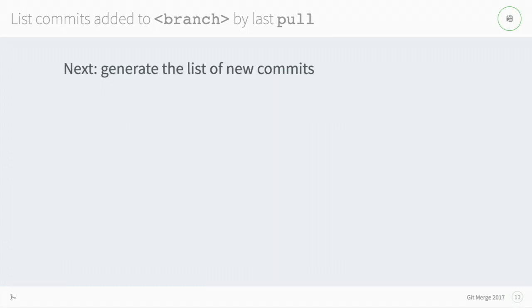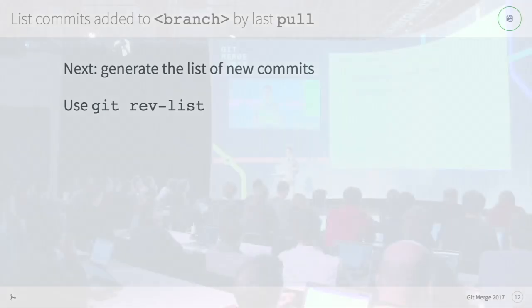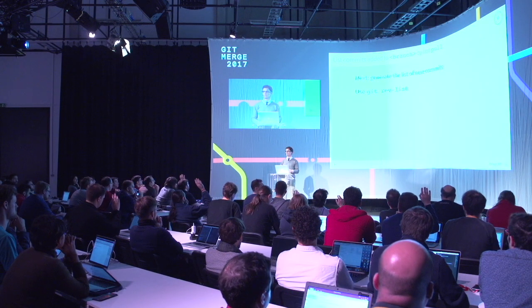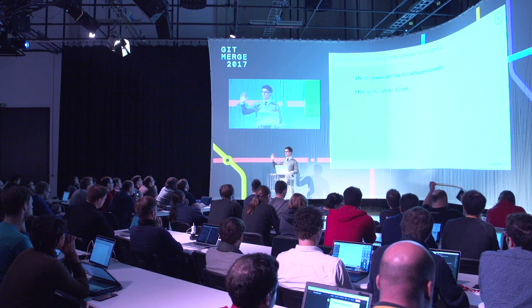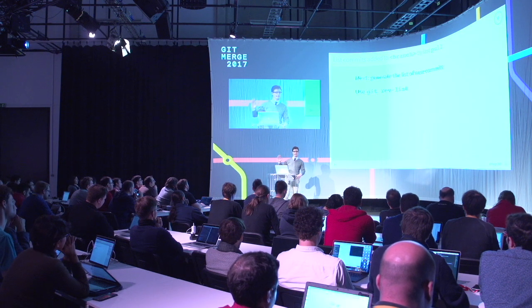Okay, so the next thing we need to do, we need to actually generate the list of new commits. All right, and we're going to use a plumbing command called git rev-list. Raise your hands if you've used this command before. Okay, see a smattering. There's always the half hand up too, which I don't know if you used half the command or,